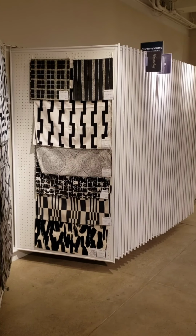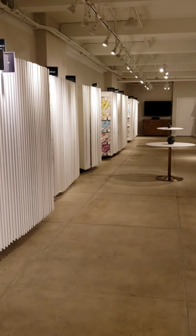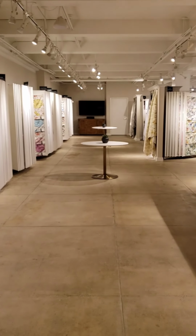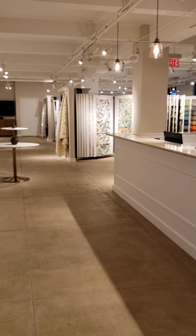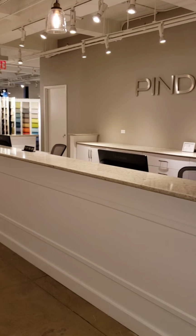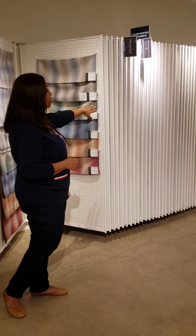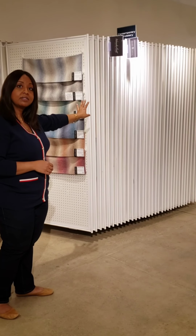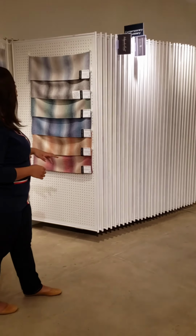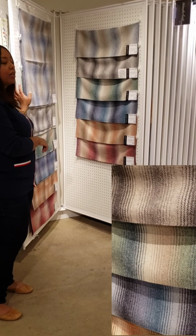As you enter our main area, you'll see that it's airy and spacious, allowing us to have several workstations for designers to lay out their schemes and their selections while still adhering to social distancing guidelines. Along this long, expansive wall, we have 11 categories, which include some of our exclusives, like our luxury wool collection,